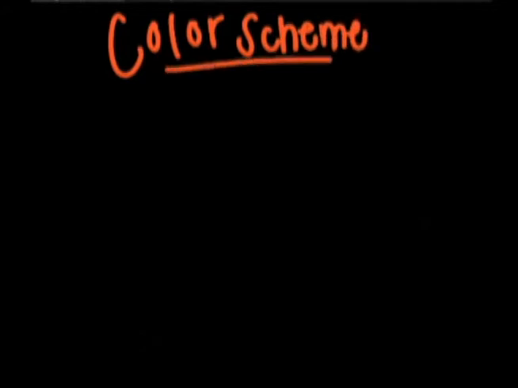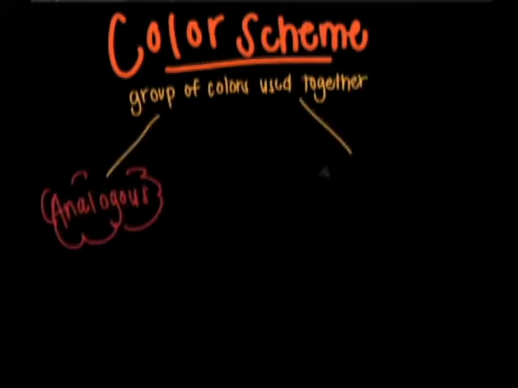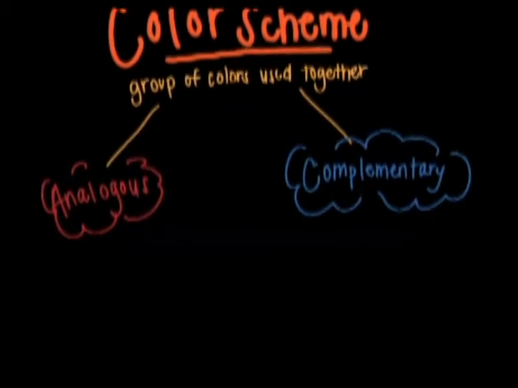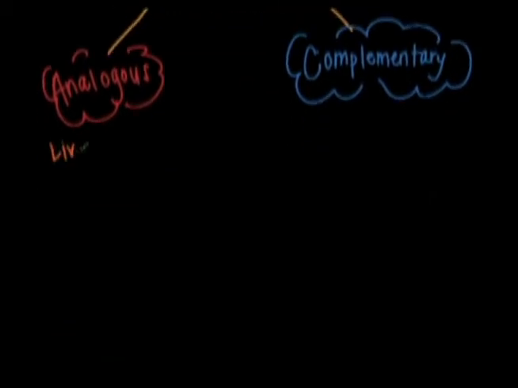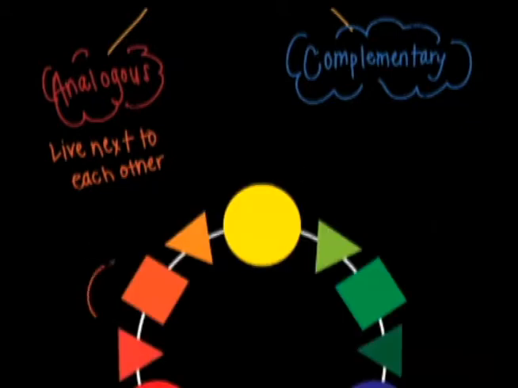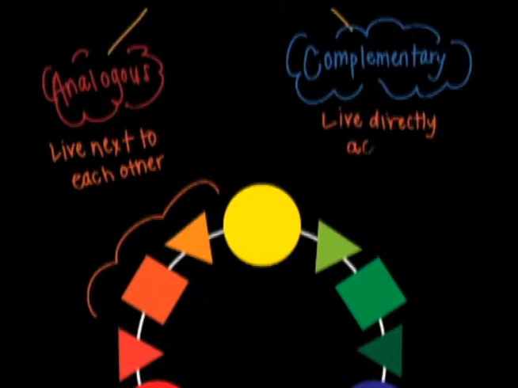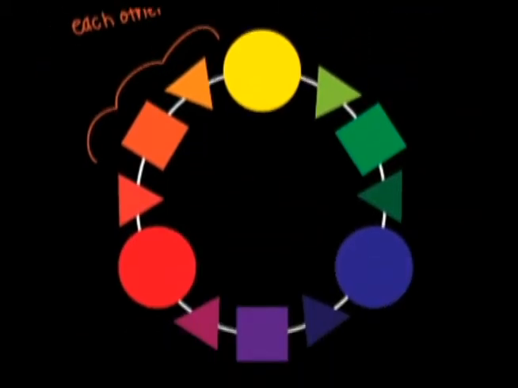Now, a color scheme is a group of colors that you use together. And your color scheme can either be analogous or complementary. Analogous colors are colors that live right next to each other on the color wheel, kind of like next-door neighbors. Now, complementary colors are the colors that live directly across from each other on the color wheel, like your neighbor